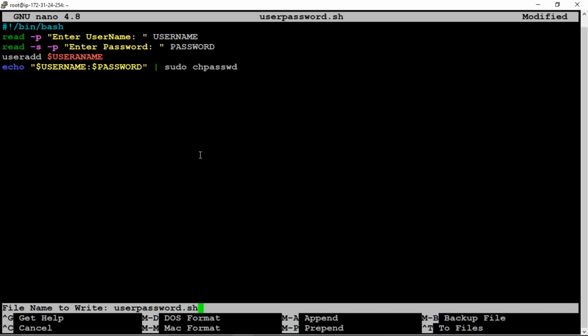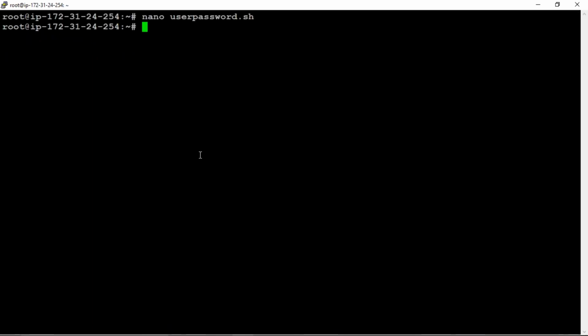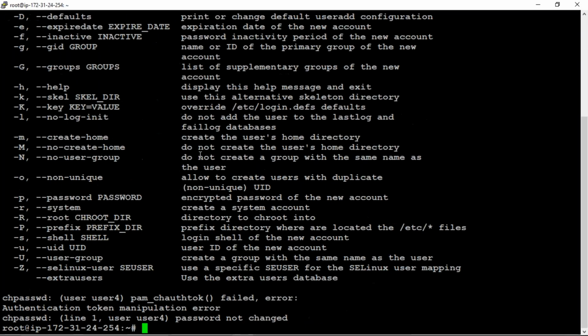Let me try on this. user_password.sh. So user4 and password given. Again I got the same: user4, check failed, authentication token manipulation error.